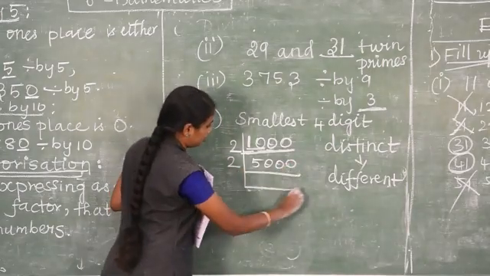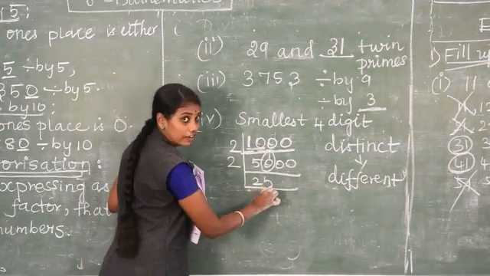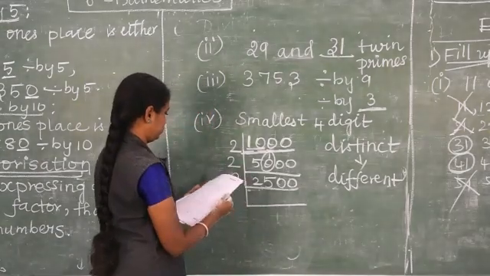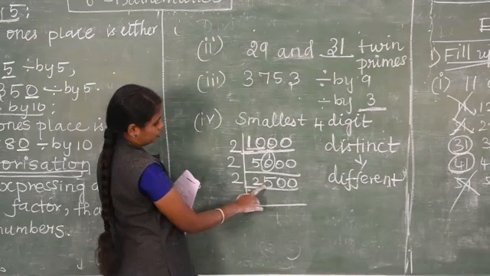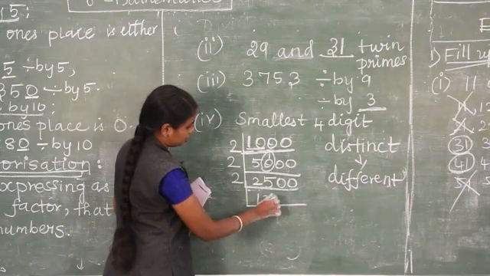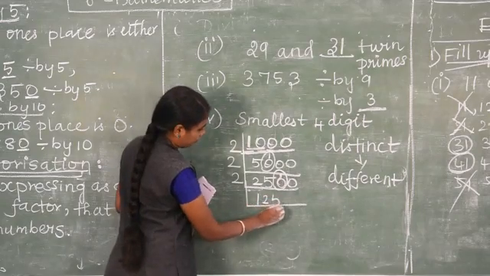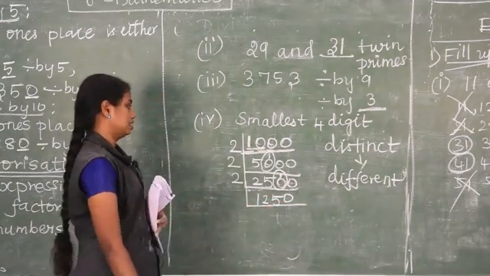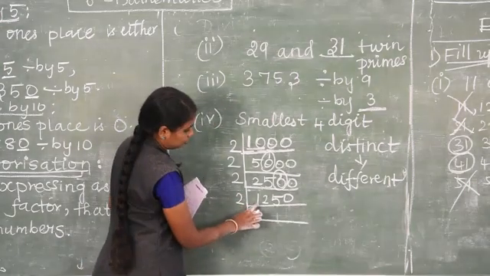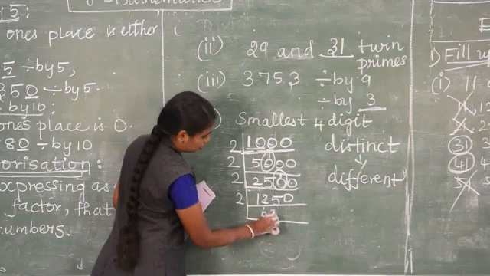1000, 2 table: 5 twos are 10, remainder 1, 10, 5, 0, 0. Again 2 table. Again 2 table. So will the 2 table come here? Yes. Here 1, then 5 will come 2 times, remainder 1, it became 10. 10 how many times? 5 times, 0 as it is. Next, again we can go on the 2 table. Okay, 12. 12 how many times? 6 times. Here 5, 2 times.